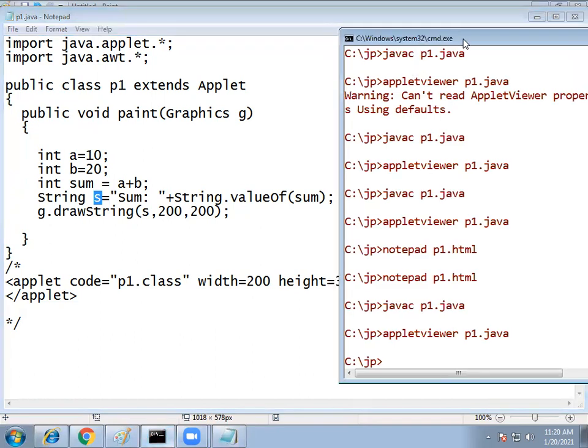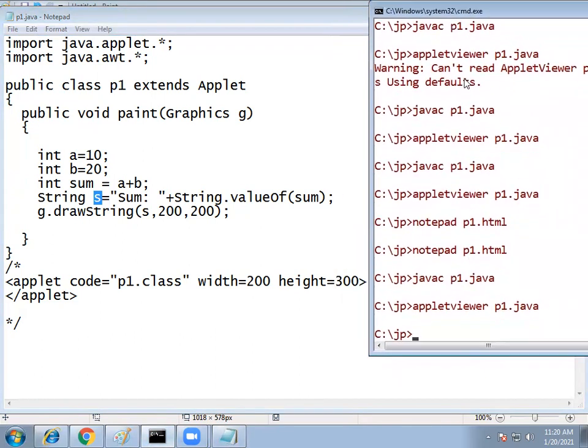Now see here, compile the code. The remaining code is as it is, there is no change.